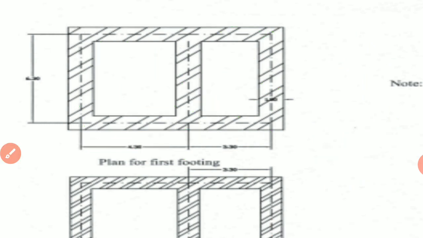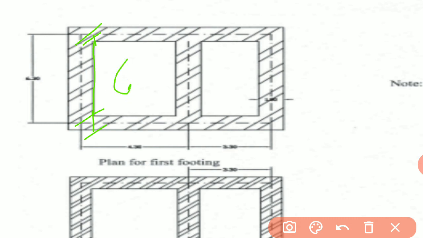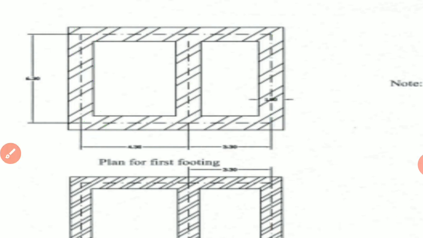Then for the short wall, it has a 4 by 6, so 6 is the vertical dimension, so we'll add up half the thickness over here and half the thickness over here. So 6 plus 0.15 plus 0.15, that is 6.3, is the length of the short wall, and the number of short walls is 1, 2, 3. Okay, so there are 3 short walls. Is it clear?